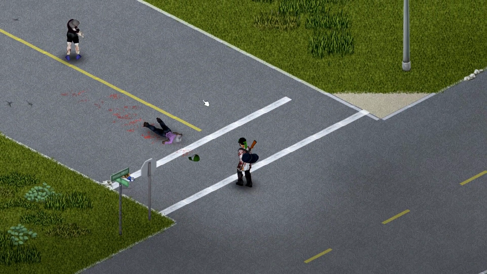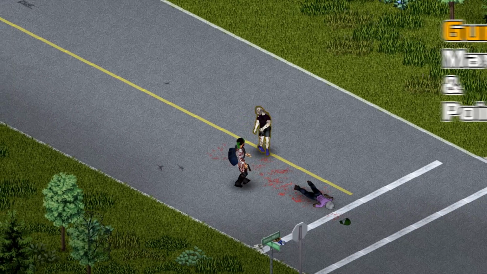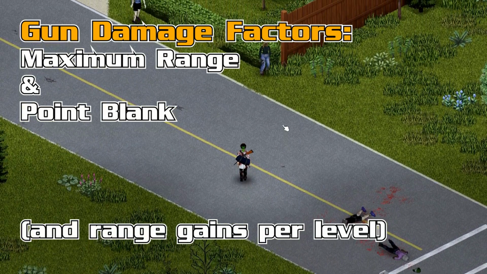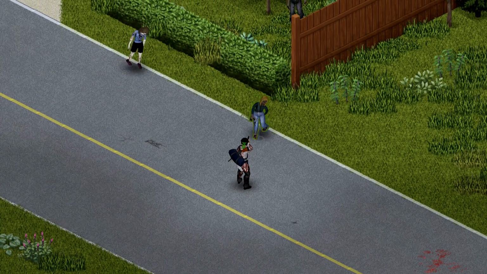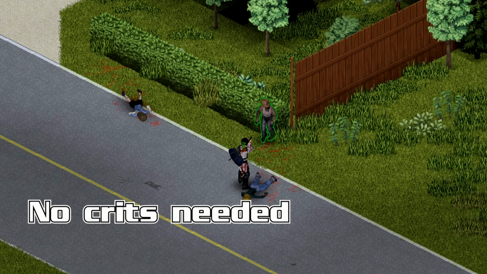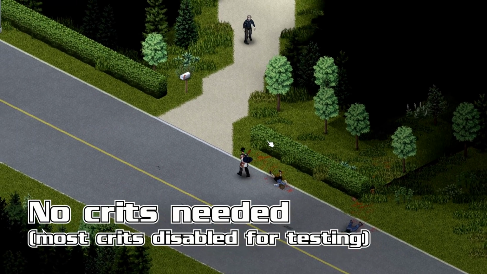Hey Zombarinos, I've finally been reading and testing Zomboid's gun code, and today I'm finally making my first guns video. Today's topics are about a relationship between range and damage, and we're going to help you get better control of your gun's damage output. Now we're not talking about critical damage today because there's already excellent videos out there on that topic. Instead, we're talking about how to make every normal shot count, especially at lower levels where you can't